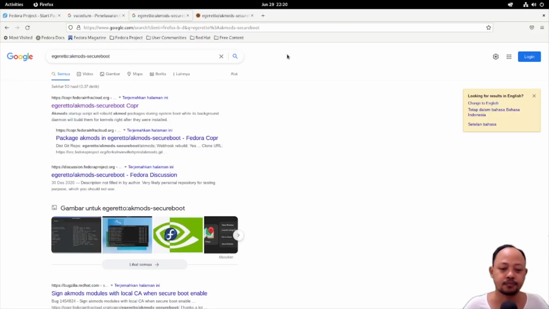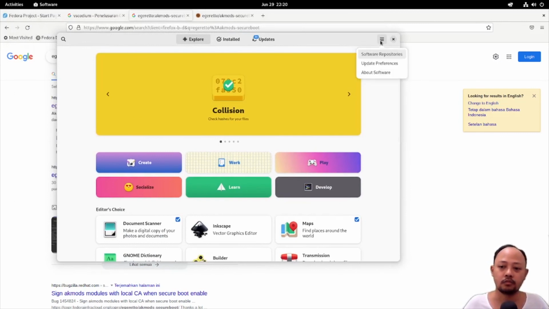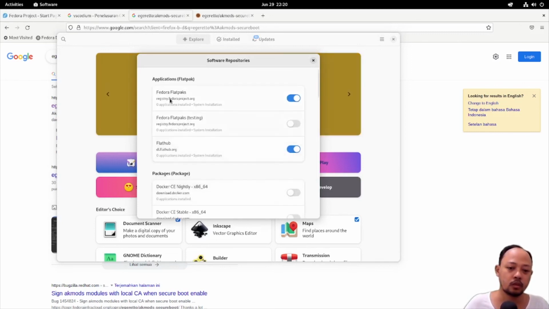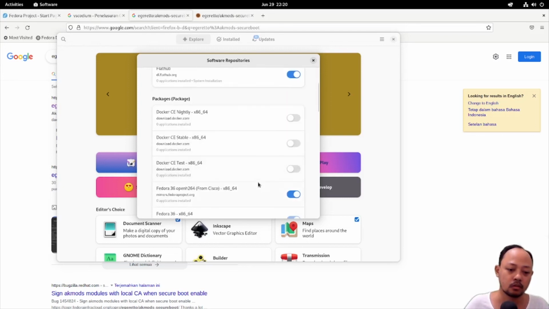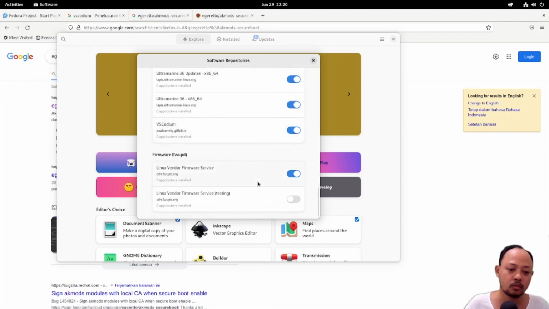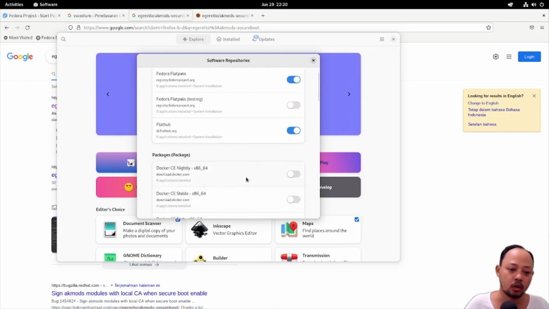This one. Let's check the Flatpak, the repo. Flatpak is already bundled, and then we still need to activate the FlatHub repo, I think.